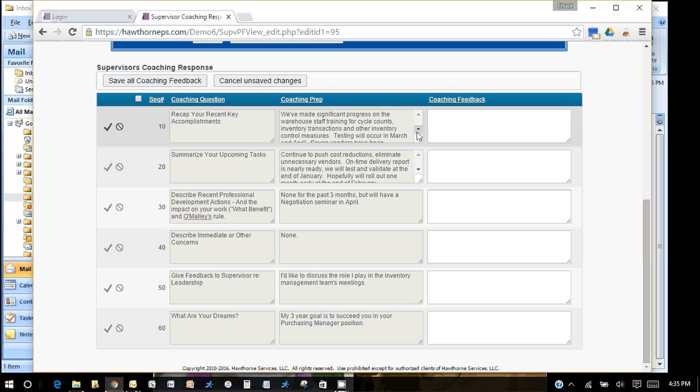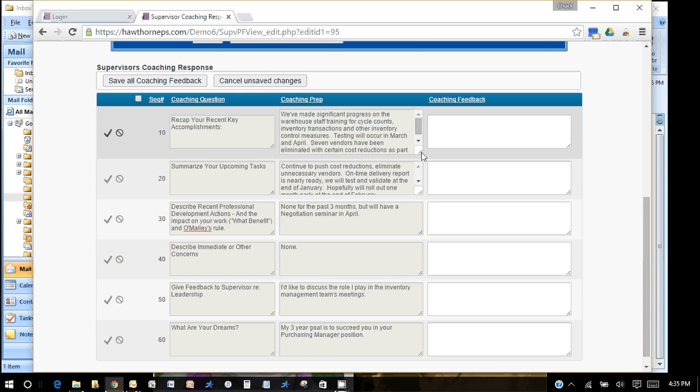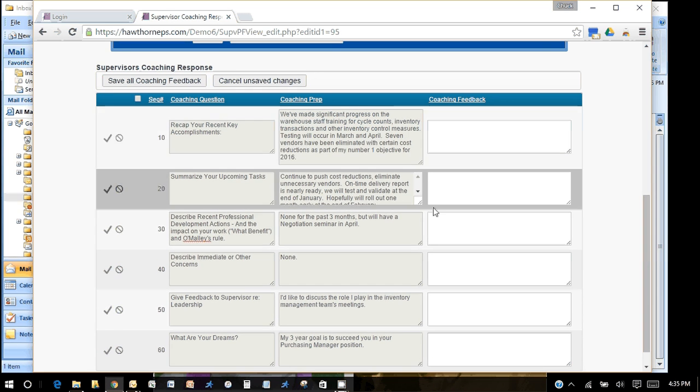As you can see, I can use a scroll bar to scroll through these, or I can simply drag this down because I'm using Chrome and other browsers will support this. I'm going to prepare for our session by reviewing her responses to these questions. The coaching process would work whereby Lisa would prepare for the coaching session by responding to these questions. I'll bring the coaching questions up and review her responses, make notes, and prepare for our coaching session, which we'll